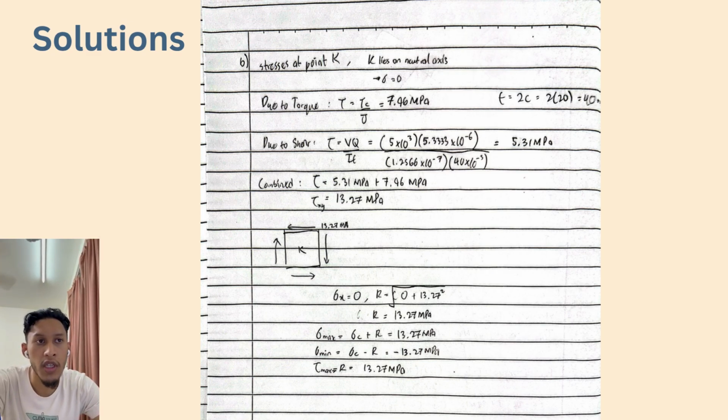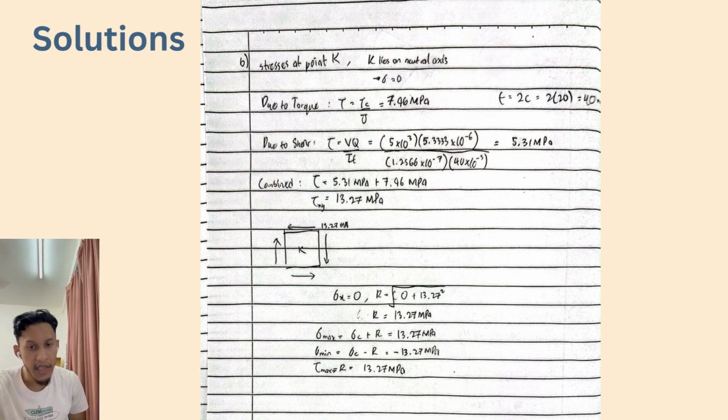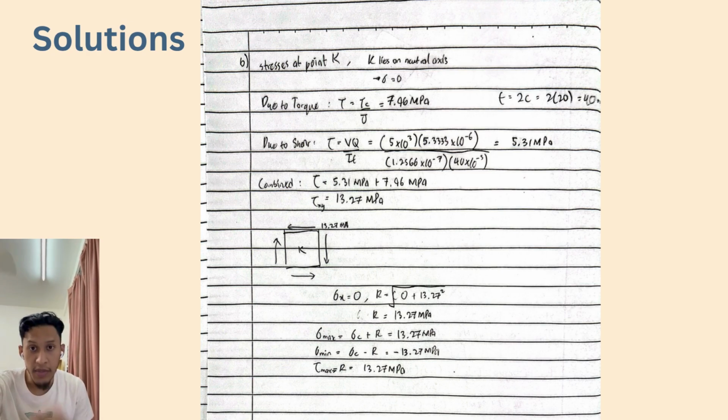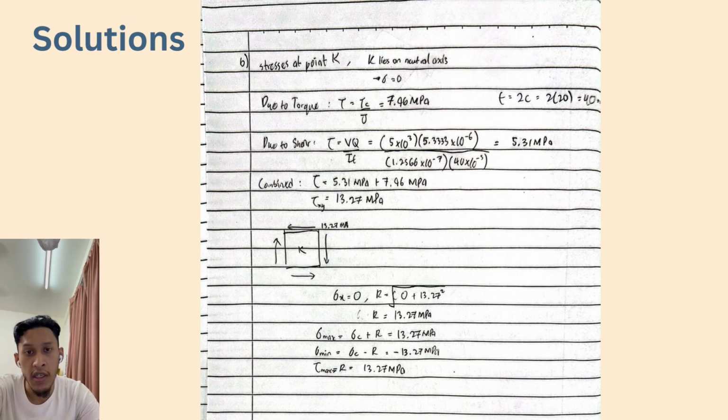So the next one, we can calculate the shear from vertical force. And the formula is VQ over It. For the Q, we know that it is a semicircle, and the formula for a semicircle is 2 over 3 multiplied by radius to the power of 3. So if we substitute, we got